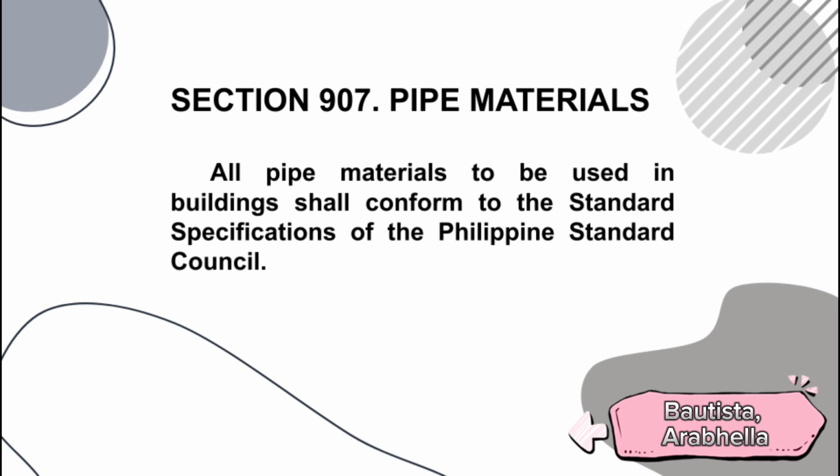Section 907, Pipe Materials. All pipe materials to be used in buildings shall conform to the standard specification of the Philippine Standard Council. So, di ba may different size and type ng pipe tayo na makikita o mabibili sa market na iba-iba din yung intended use and purpose nila. So, we have Philippine Standard Council to ensure na nai-implement yung mga standards and code na nakasaad sa building codes and plumbing code dito sa